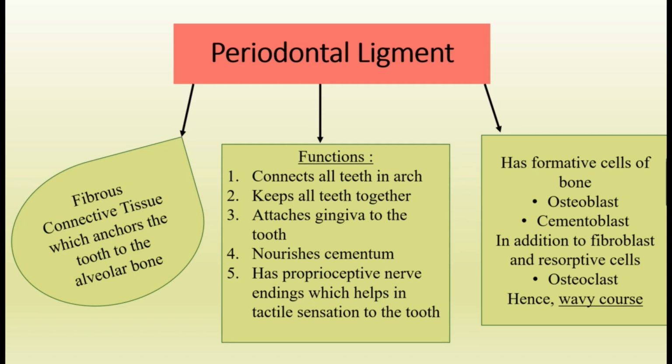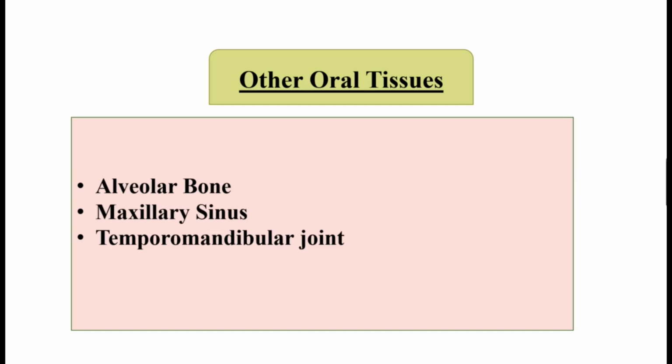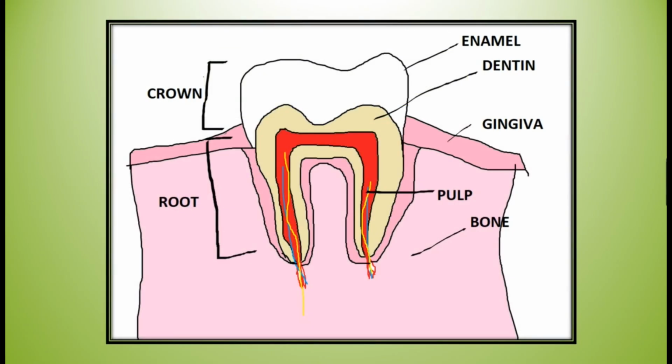What is fibroblast? Fibroblast maintains structural framework and secretes collagen protein, which is a very important factor. It aids in healing. Other oral tissues we have are alveolar bone, temporomandibular joint, and maxillary sinus. Alveolar bone is the alveolar process of the jaws that forms and supports the socket for the teeth. They develop during the eruption of the teeth and disappear after the tooth is extracted or lost. Alright, so they are the basic structure.